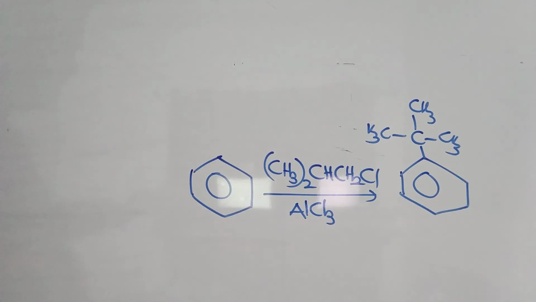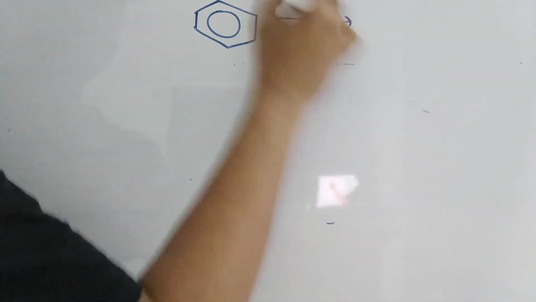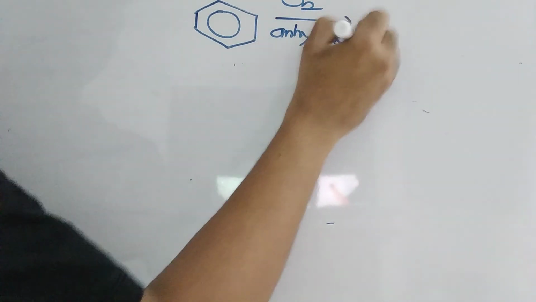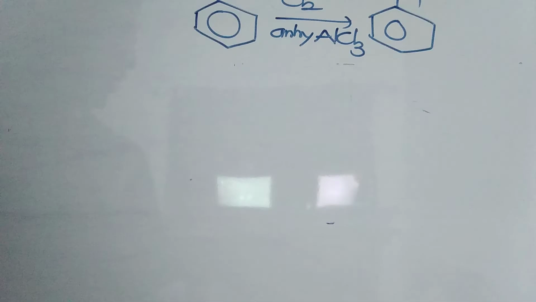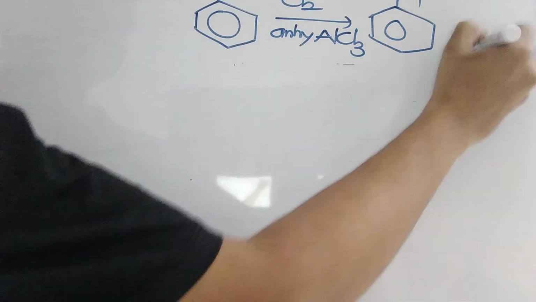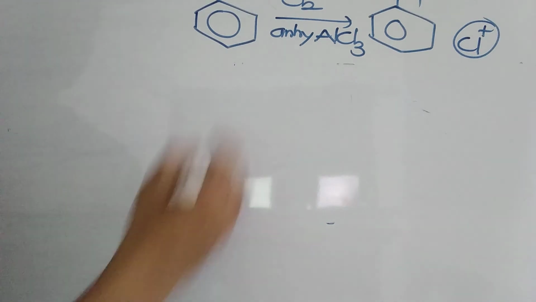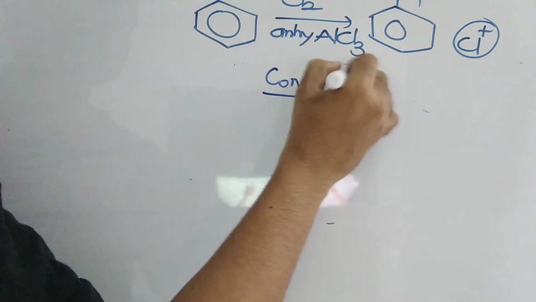You can answer one easy one. Benzene. All benzene reactions, we will take once. Benzene with chlorine in the presence of anhydrous AlCl3. I will just give you all this in 1 minute. I wanted to mention this. Here, chloronium, Cl plus, is the electrophile.